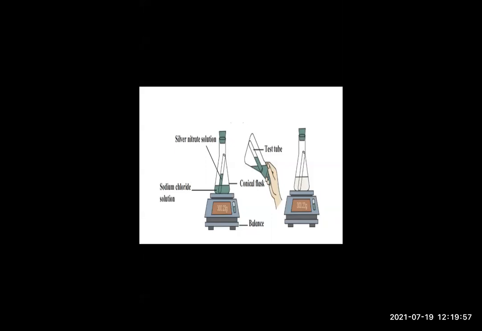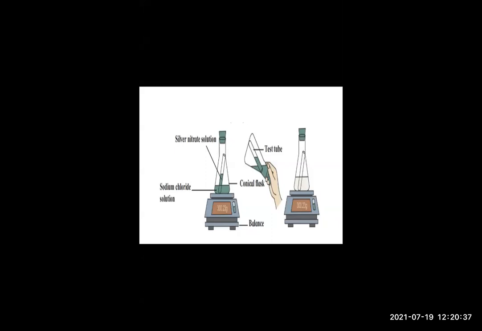First of all, take sodium chloride solution in a conical flask. In the diagram, you can see the conical flask. So inside the conical flask, you are going to take the sodium chloride solution. Sodium chloride means what? What is the other name for sodium chloride? Students? Yes, salt. Very good, Manjima. NaCl is a molecular formula, Devanshi. But what is the other name for NaCl? Salt, common salt, or sodium chloride.